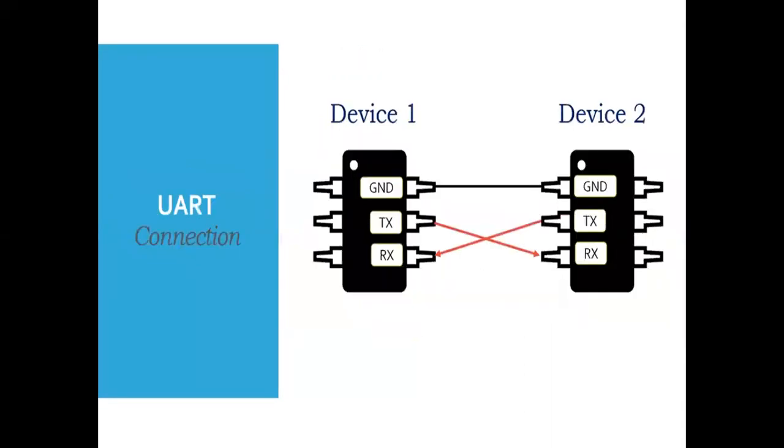So in a UART connection, there are two devices. Let us consider device 1 is the transmitter, device 2 is the receiver. The transmission pin of device 1 is connected to the receiver pin of device 2, and the receiver pin of device 1 is connected to the transmitter pin of device 2, and ground is common. This type of communication is connected through a cable called RS-232 cable. This type of communication we call a null modem.